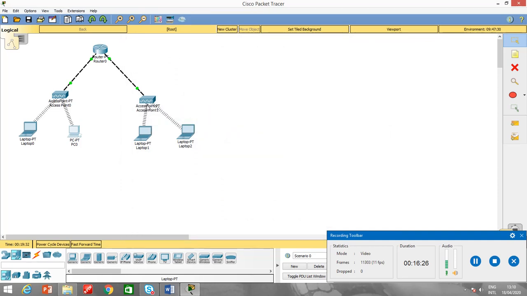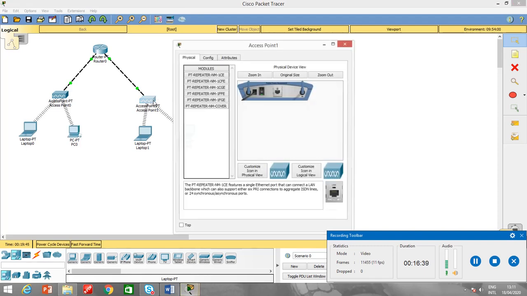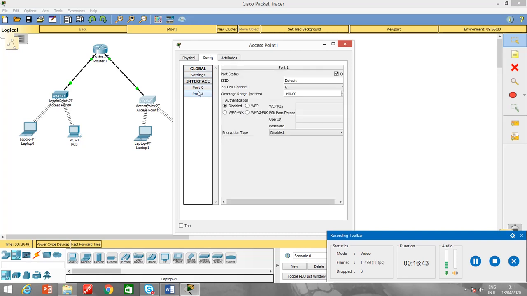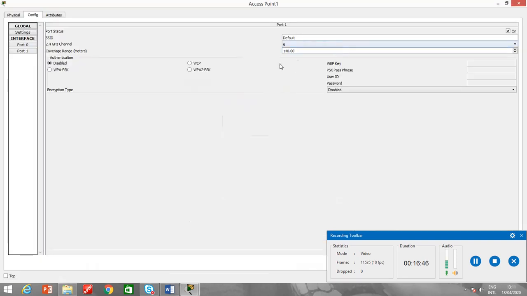Okay, now I will do the same thing. I will assign a SSID to this access point. So SSID is your secure identifier key, just like your name and password. So I'll go to this access point. I'll do the same thing. Go to the config, port number 1. Port number 1, I will use, you can use any authentication, WEP key.